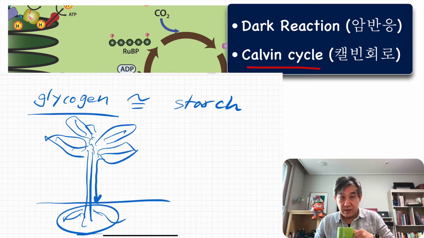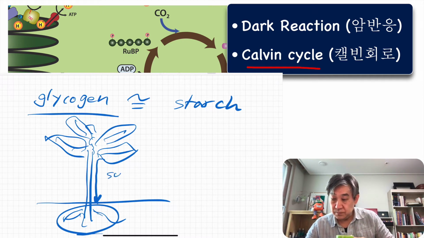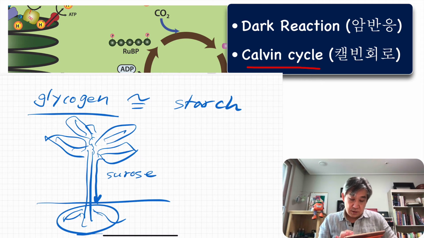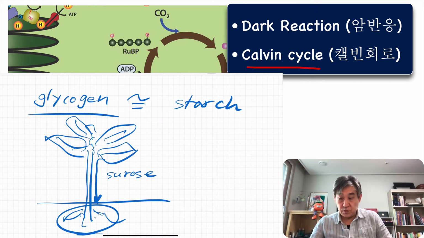To prevent that from happening, plants convert their product into sucrose, which is actually a 2-carbon sugar, as you can see over here. So this sucrose is the ideal form of transport sugar, and then they are shipped into those areas,